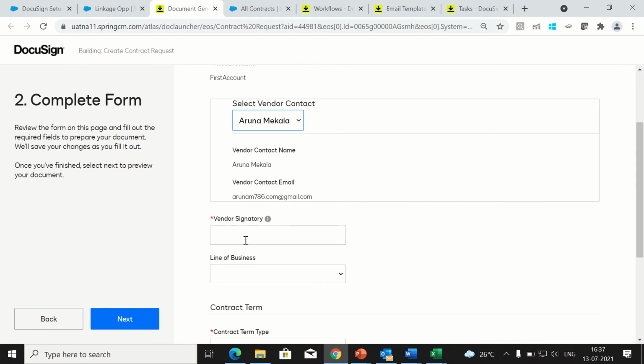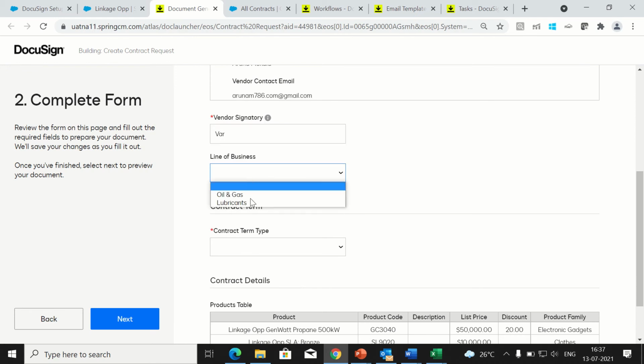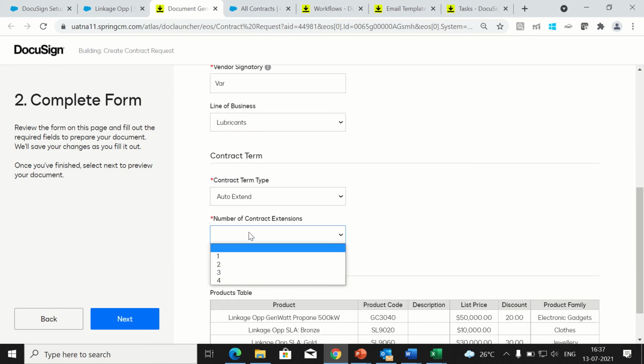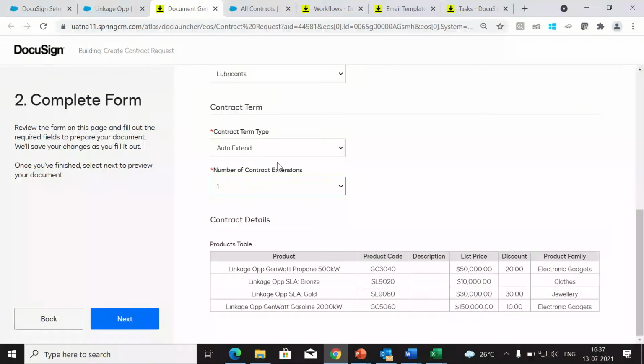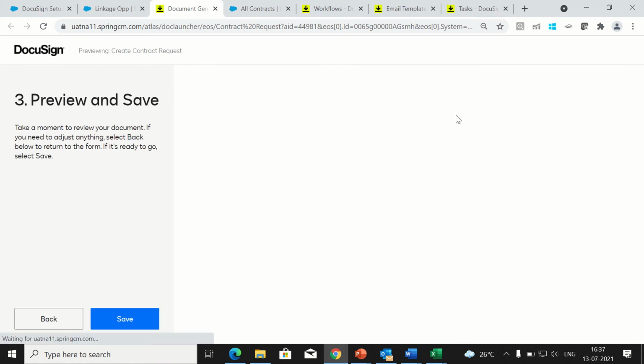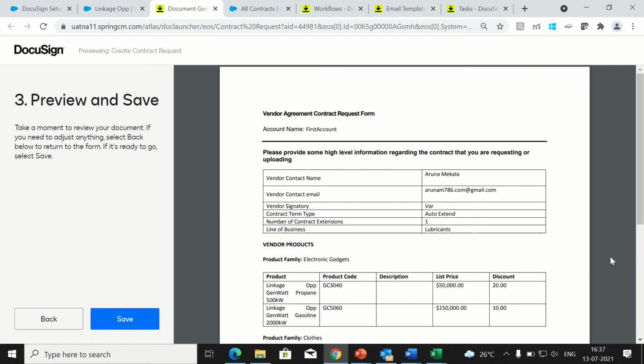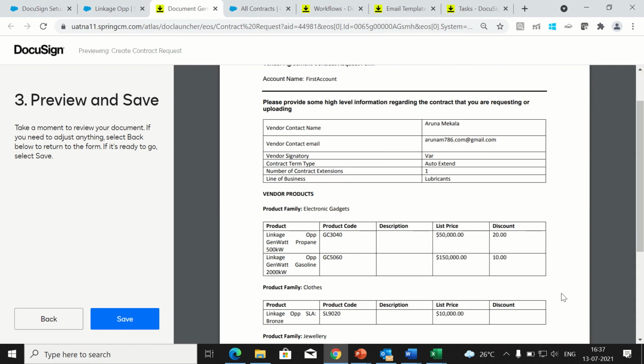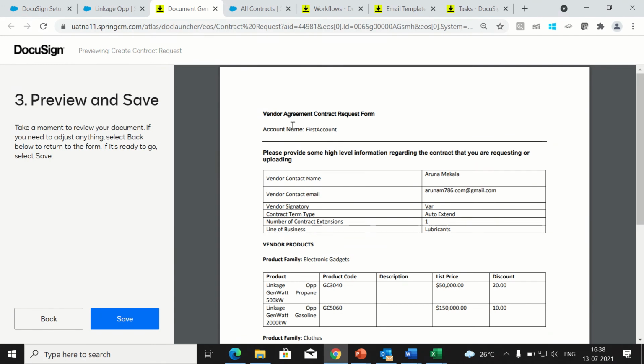Here it is asking for the fields to enter, and this is only for the request one. Here is a condition: if it is fixed, it won't show this field. Next, it will merge with the request template and show the request document preview. Once we get the preview, we can see the document and save it. So the request document got generated, and it contains only the minimal data.